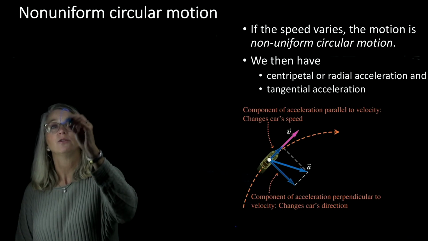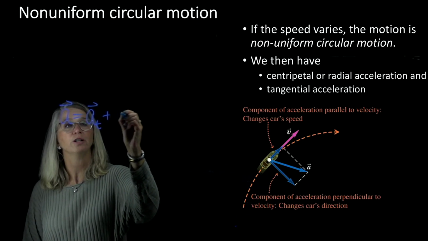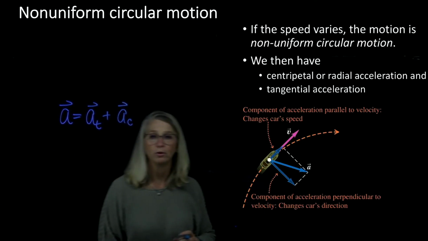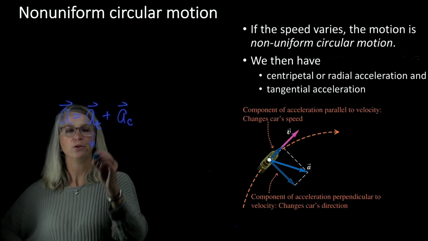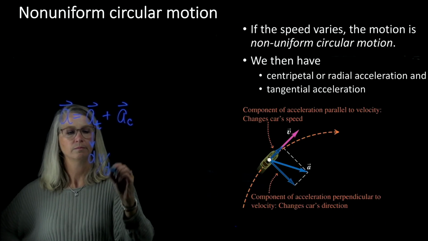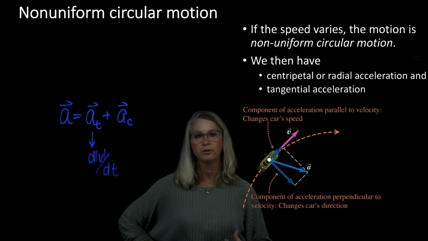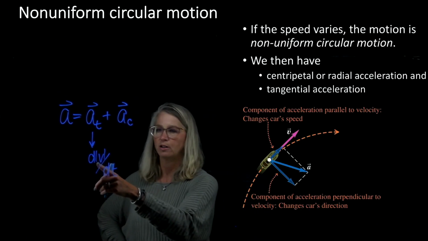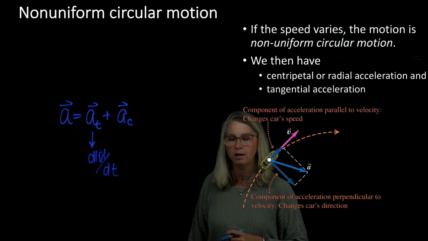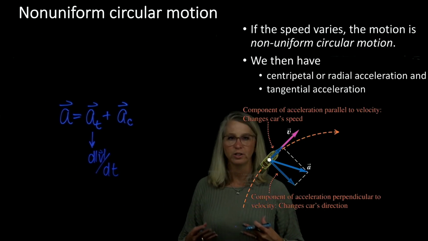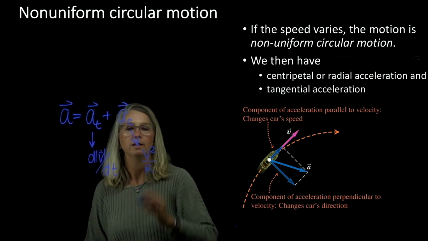So we would write the total acceleration as the tangential acceleration plus the centripetal acceleration. And in terms of the magnitude, the tangential acceleration is just how the speed is changing. And so it's hard to see, but I did put absolute value signs around my velocity there. So it's basically just how the speed is changing with time,